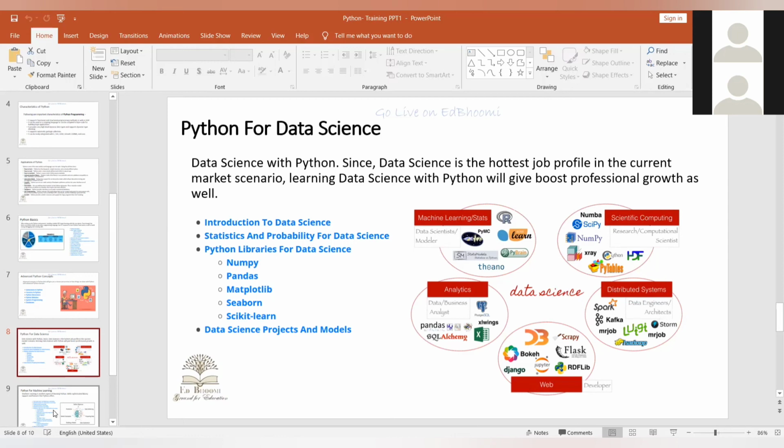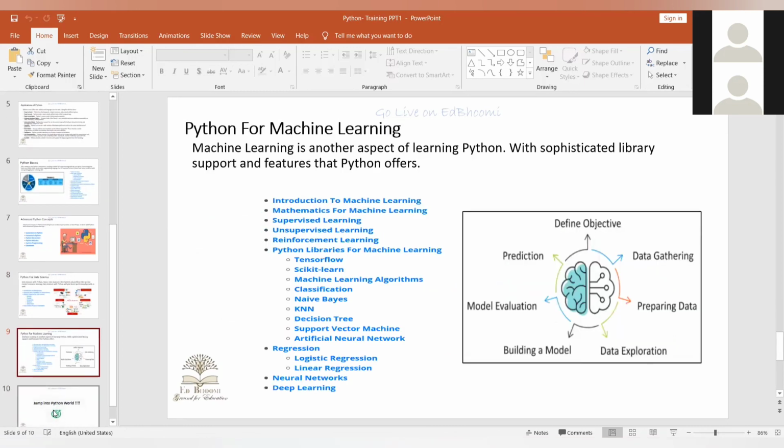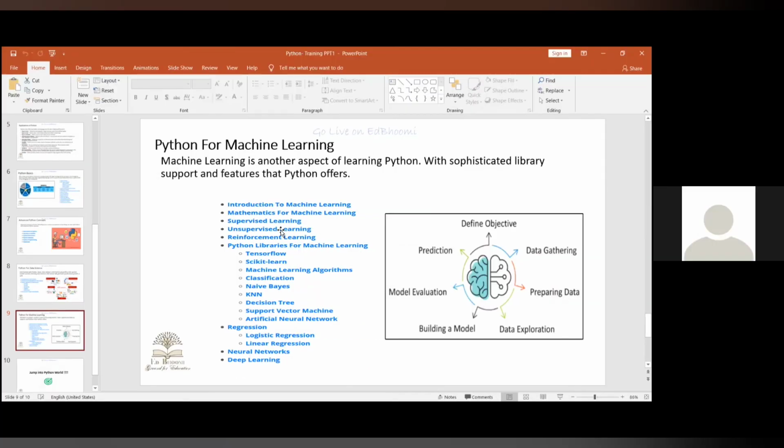Now moving to the next slide. This is for machine learning. Machine learning is more oriented towards algorithm development and TensorFlow kind of programming. We educate the machine, test and train as well. So these are the features, the properties we are supposed to train in machine learning. This is the standard course.